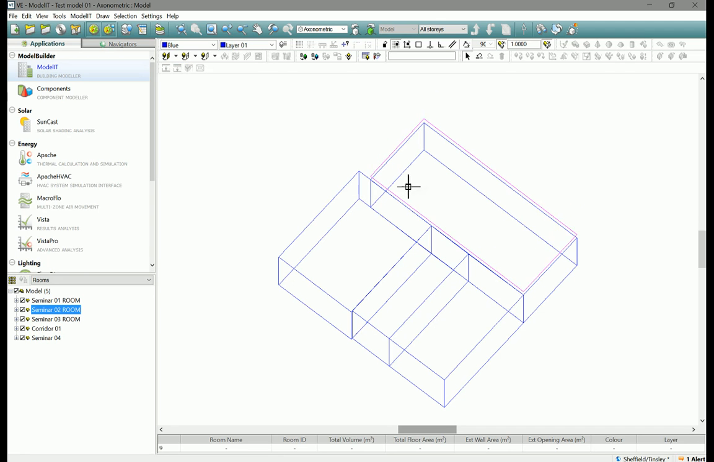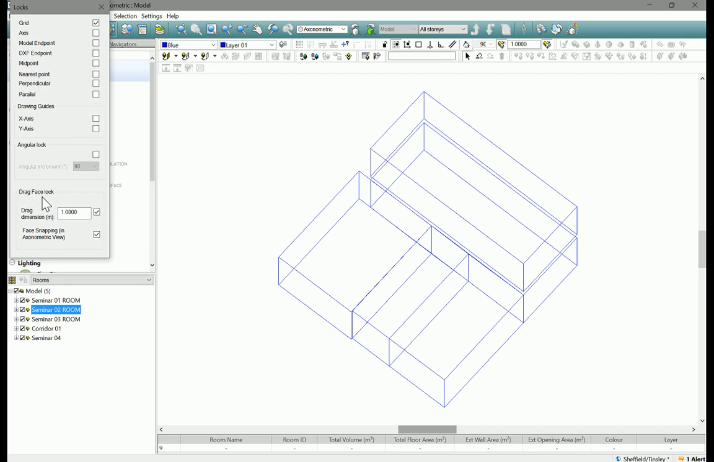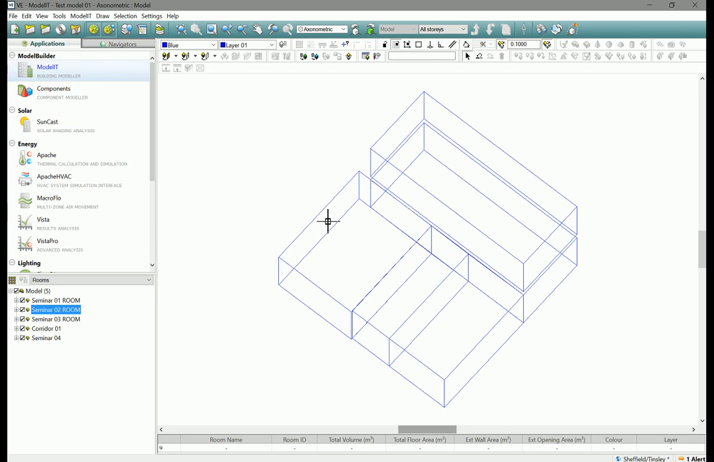So, first thing we need to do is go into our locks dialog here, and we've got a drag face lock. If we change that to 0.1 of a meter, because that's going to lock the increments that we can drag a face by. Okay, you've got this button here called face snapping. Click on that,